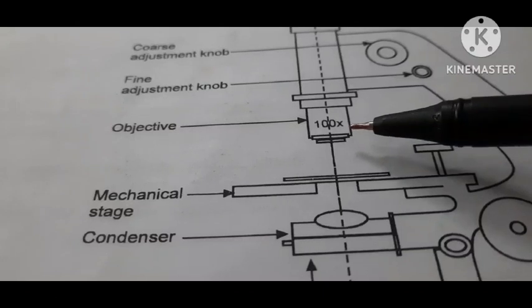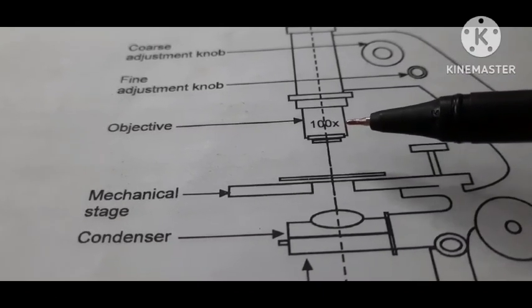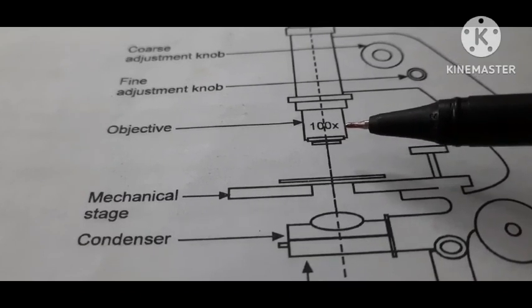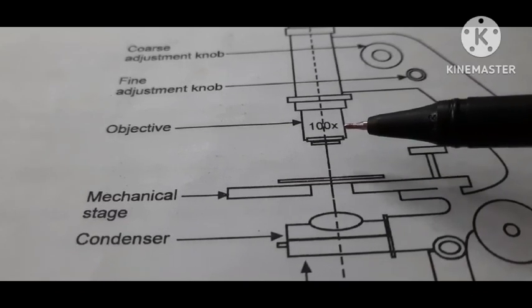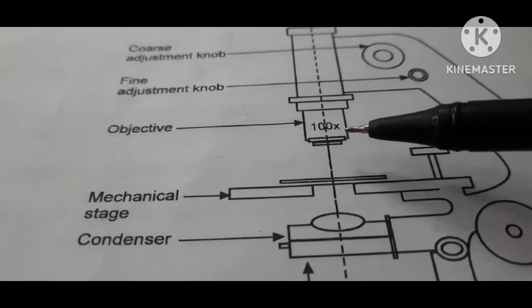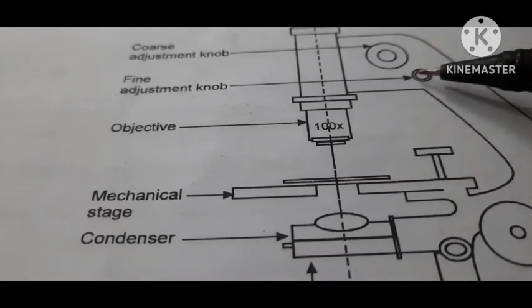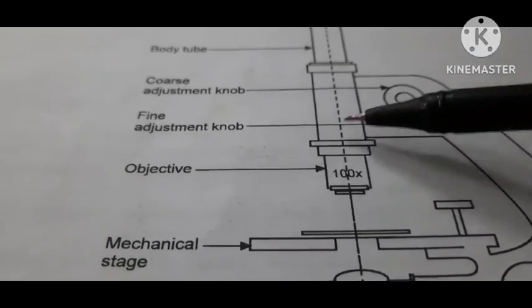There are three kinds of objectives in a compound microscope. 10x means it magnifies the image 10 times. 45x means it magnifies the image 45 times, and for microbiological studies a 100x objective is used, which is called an oil immersion objective. This one is a fine adjustment knob, and the coarse adjustment knob is there, and this one is